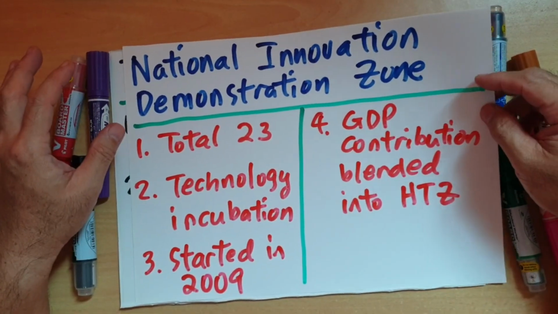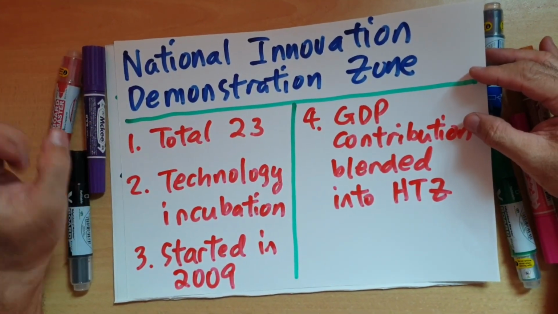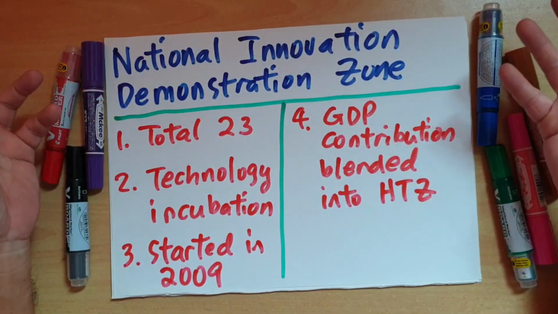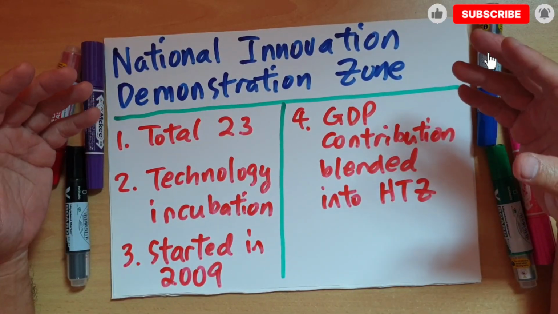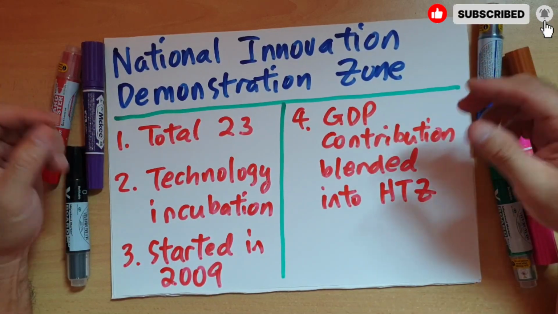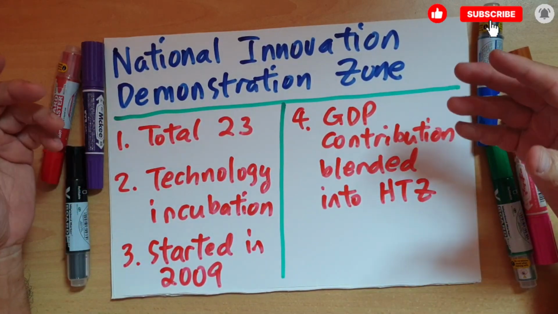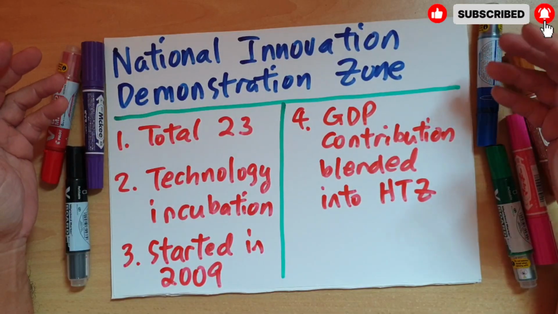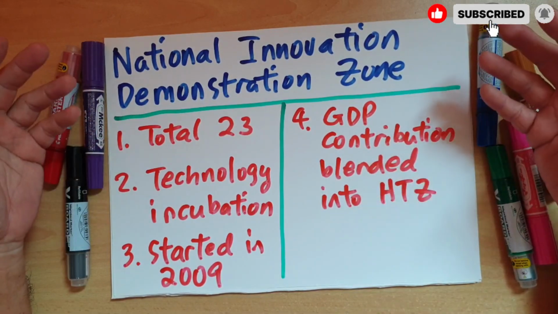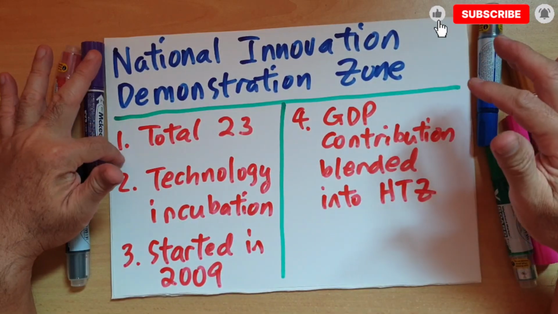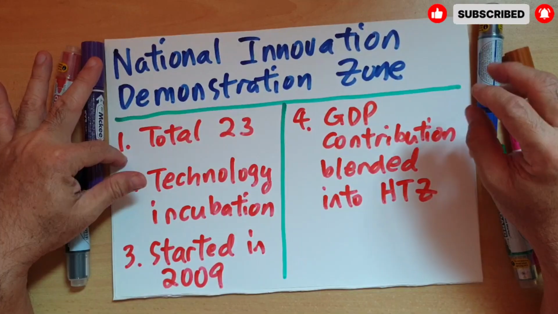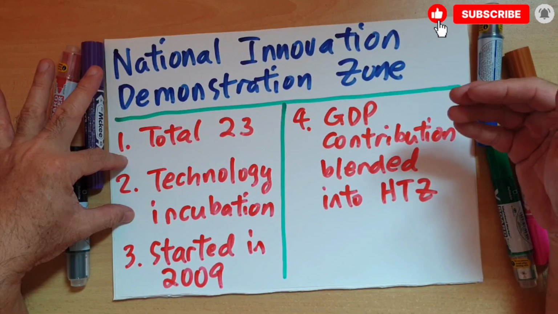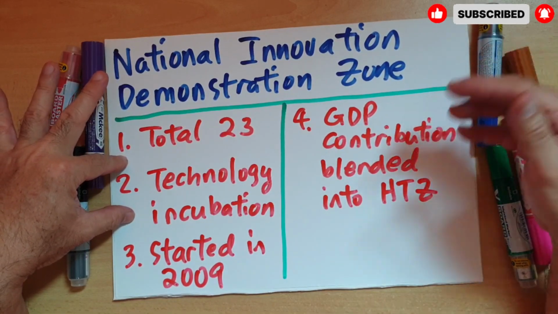The next zone that I want to talk about is more for demonstration and incubation purposes. This is called the National Innovation Demonstration Zone. They wanted to use this zone to allow demonstration and display of key technology breakthroughs and key technology products, and the commercialization of all this hard work, so that the companies that produce all these wonderful products can see commercial benefit. Altogether, in the whole of China, there are 23 of this kind of demonstration zone, and the main objective is for technology incubation and to allow high-tech companies to reap commercial benefit from their invention,